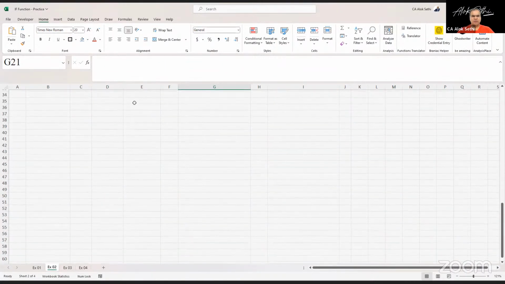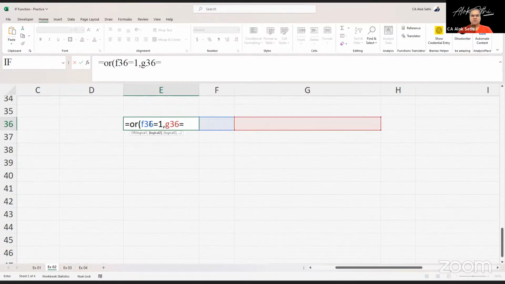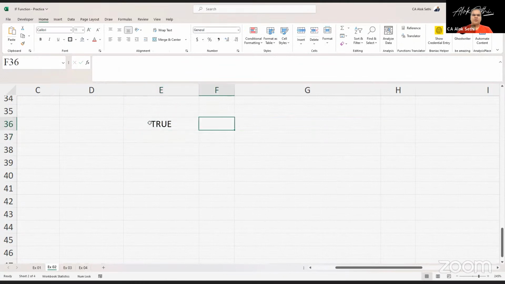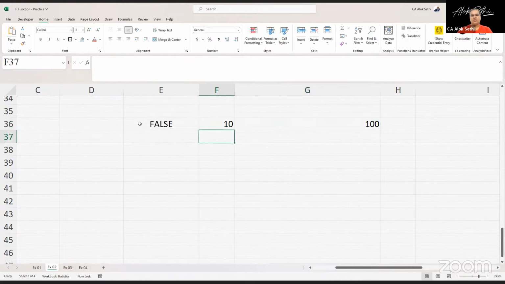Okay, now let me show you. और यहाँ पे is equal to, OR, ठीक है, OR हम लिख देते हैं F36 is equal to 1, comma, G36 is equal to 0. तो या तो यहाँ पे 1 लिखा हो या 0 लिखा हो तो फिर TRUE होना चाहिए। अब यहाँ पे मैं लिखता हूँ 10, यहाँ लिखता हूँ 20, FALSE आ रहा है ना। तो this means that it is working properly. It is not 1, it is not 0. If I put 0 over here तो TRUE हो गया, या 1 लिखूंगा तो भी हो जाएगा। यहाँ पे 100 कर देता हूँ, यहाँ पे 10 कर देता हूँ, अब FALSE आना चाहिए।